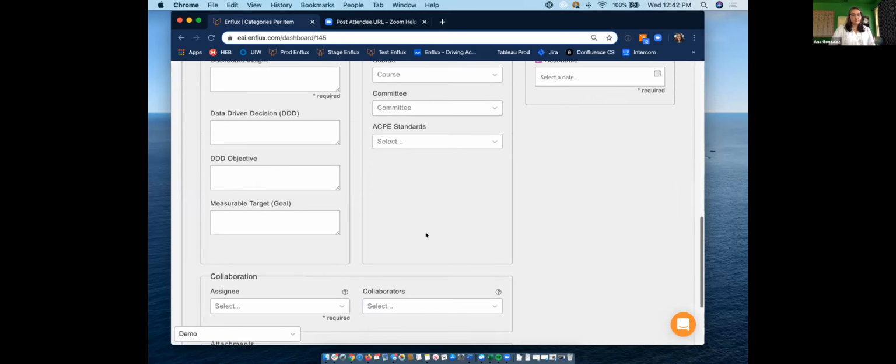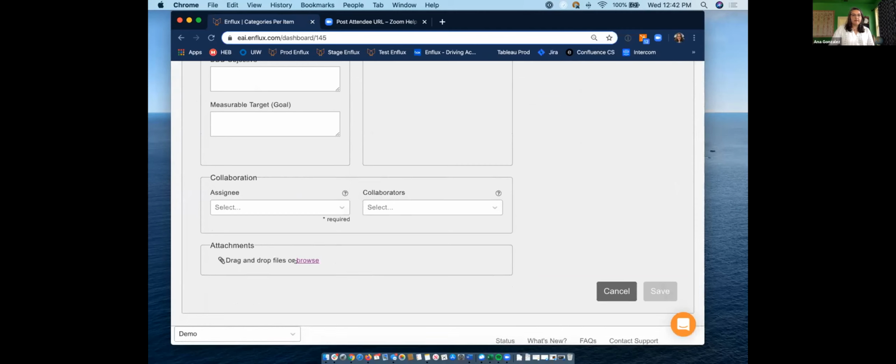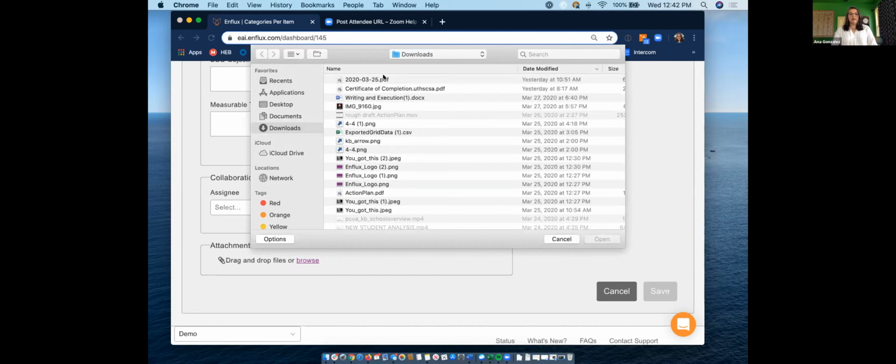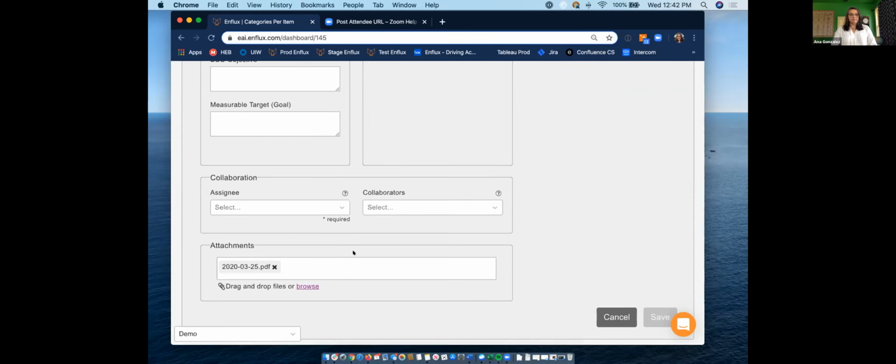But you'll notice that at the very bottom, we also have the ability now to drag and drop documents. So if you have a file, a PDF, perhaps a remediation plan that you already have in use, this is a good place for you to drop that. Click on browse, find your file, open it, it attaches it.